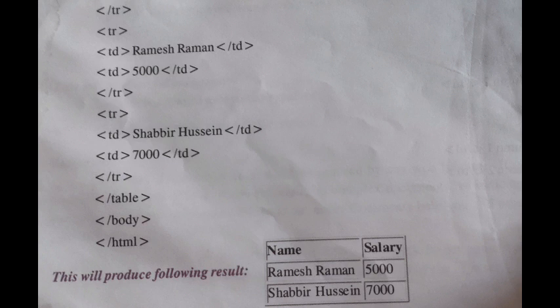Clear students? So what are the three tags used in the table tag? First is the table tag, which we use for opening your rows and columns. Next, we have to use the TD tag, TR tag and TH tag. The TH tag represents table header. Next, the TR tag represents table row, that is, to start a new row. If you close the TR tag, the row is completed. Next is the TD tag, table data. Whatever data you want to use, you have to use the TD tag and close the corresponding TD tag. Clear for you?